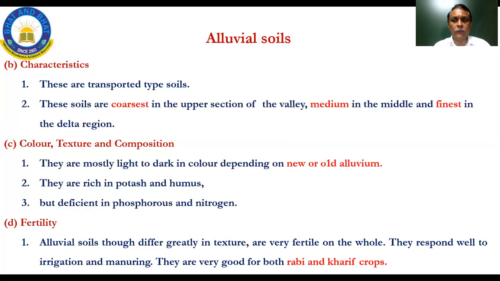Kharif, we know, is the main season, that is the southwest monsoon season where the sowing happens. Rabi is where the northeast monsoon season, which happens in November, December, the rains which happen then. Whereas the rains that happen in June, July and August, this is the time for the Kharif season. So they are good for both the crops.